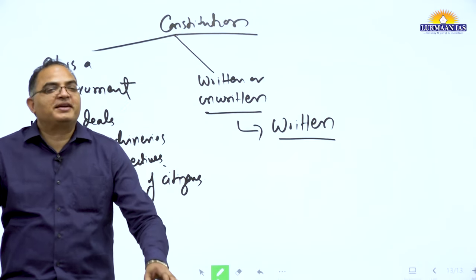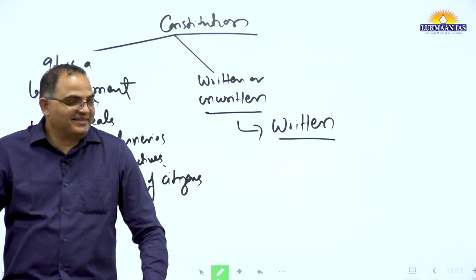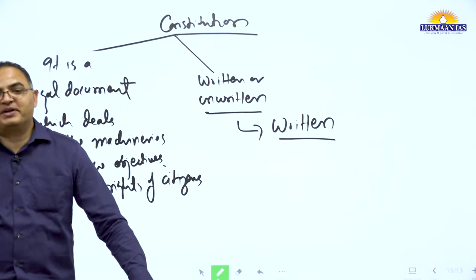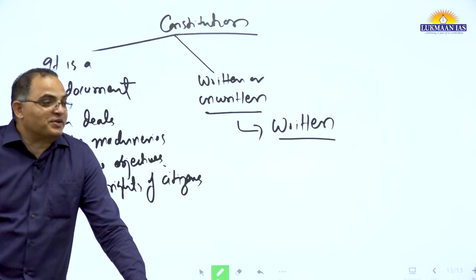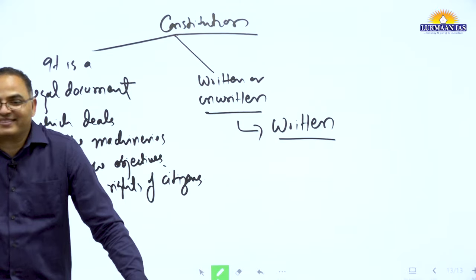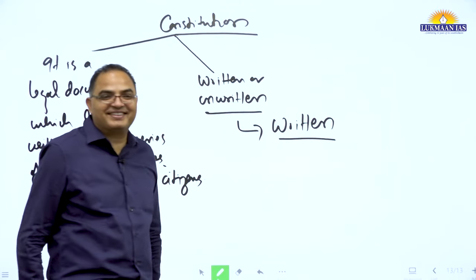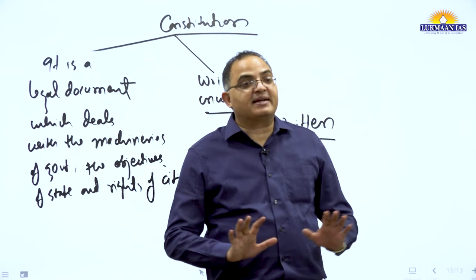Just to tell you an interesting thing, they wanted to adopt the name of God, that the constitution should be adopted in the name of God. Or that Mahatma Gandhi should be mentioned in the preamble. For that there was a voting, and it was defeated. It means a written constitution is deliberately written.